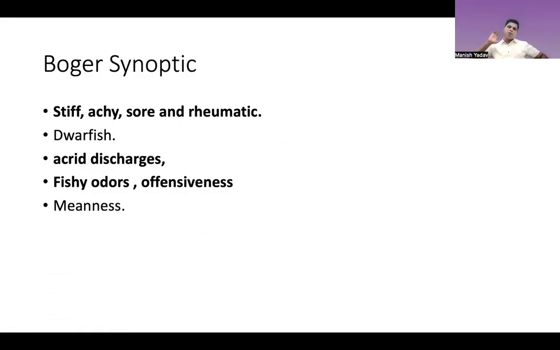There is one very important word written in Boger Synoptic. It is called meanness. Now, when we say meanness, what is the meaning of meanness? Meanness means people who are mean. We say that he's a very mean person. What is mean? A person who always thinks about himself, self-centered, selfish, self-obsessed, only thinking of their own benefit. This is a psychotic feature. And we already learned, if you go back, we already talked about how in today's scenario we are becoming very mean and selfish and self-oriented. So meanness, only looking for our own happiness.